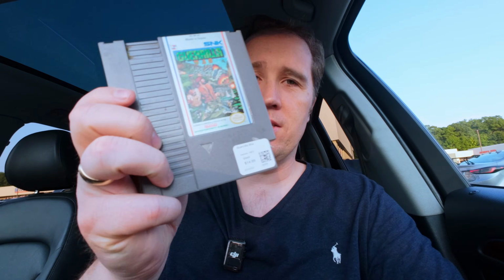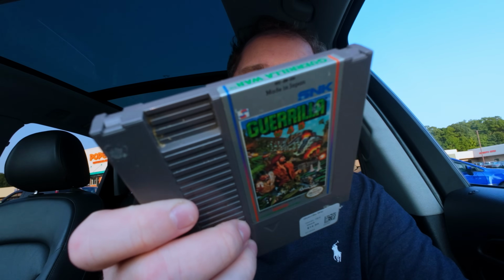This is supposed to be the better game to Ikari Warriors. This is Guerrilla War. And this one just needs a little bit of cleanup, but the physical cartridge and the label are good. So I felt fine about that. $14.99. And then